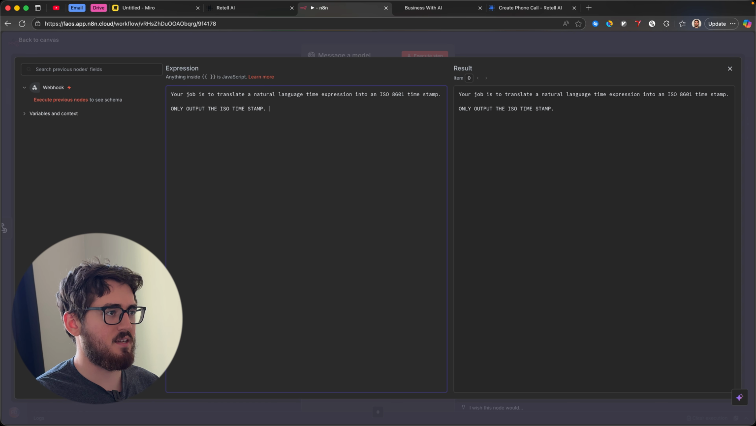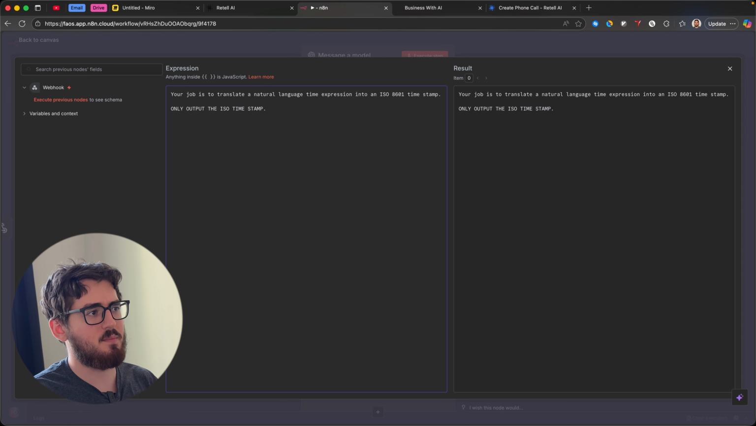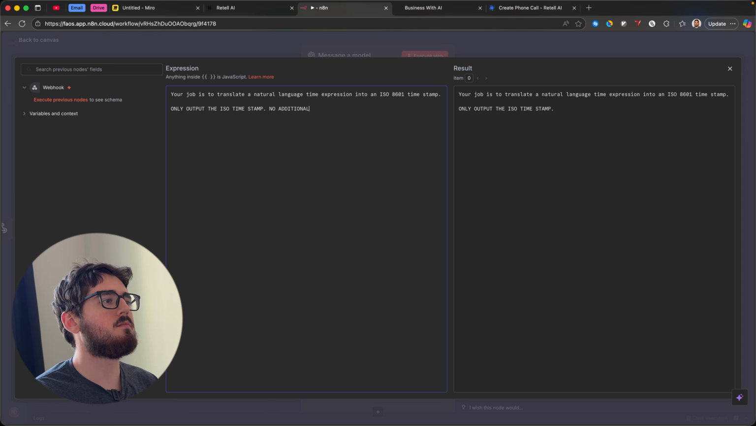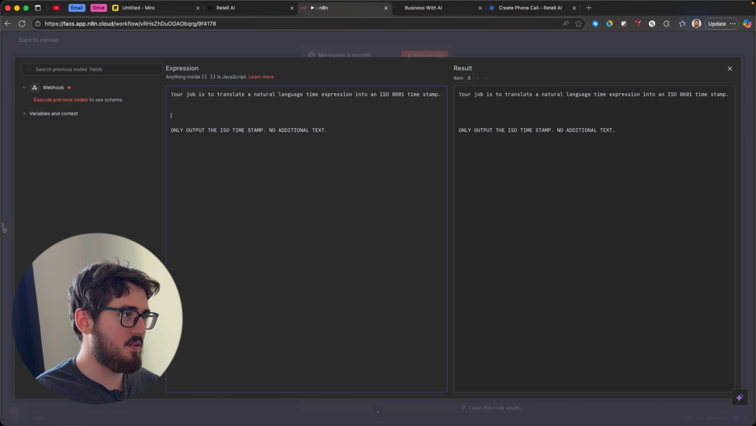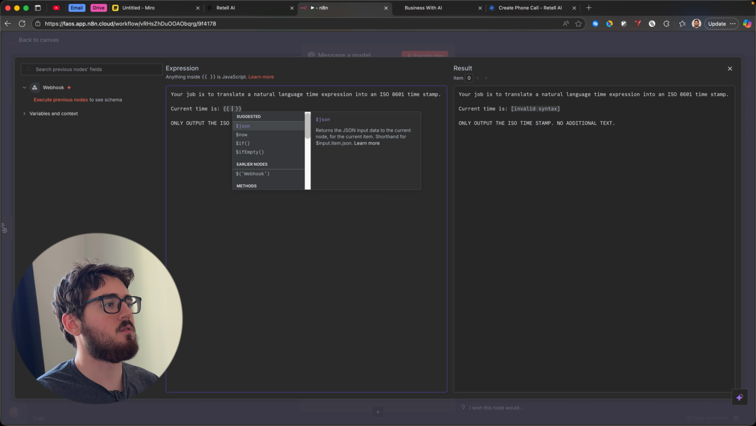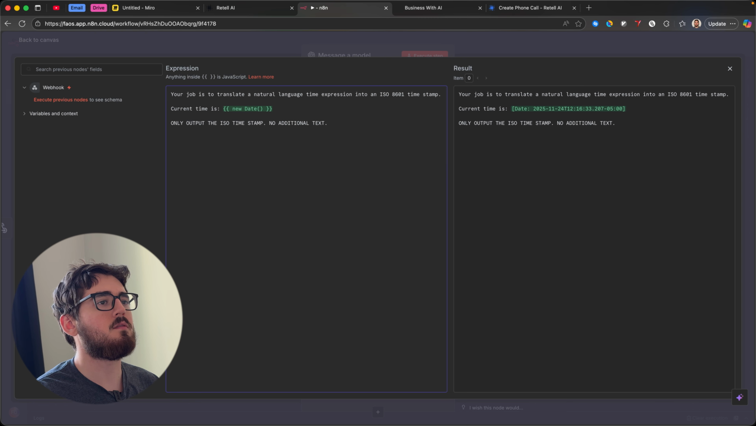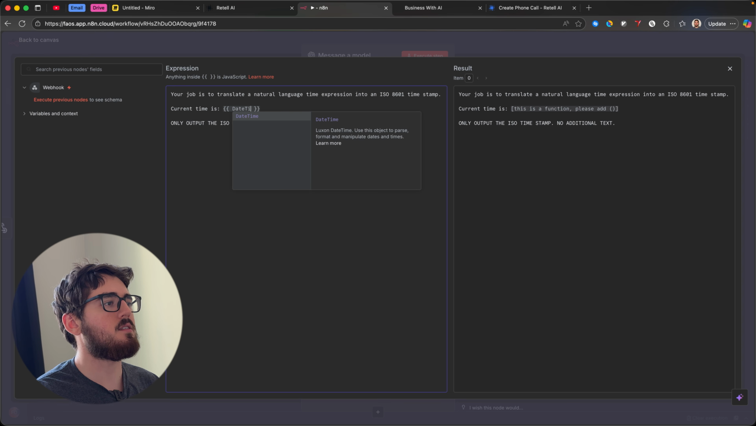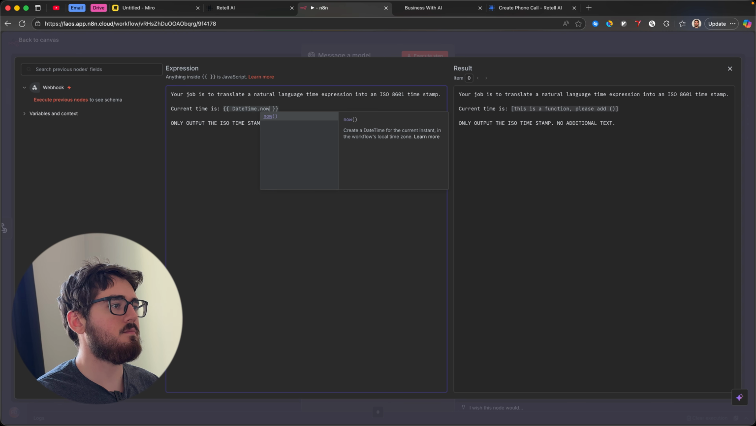because these AI models have a tendency to put in a bunch of additional text and that trips up our automation. No additional text. And then, because these time expressions use things like tomorrow or next week, we need to give it some context. So we have to say, what's the current time? So I'm going to say current time is, and then I'm going to put an expression, and we can do new date. Actually, let's do date time dot now